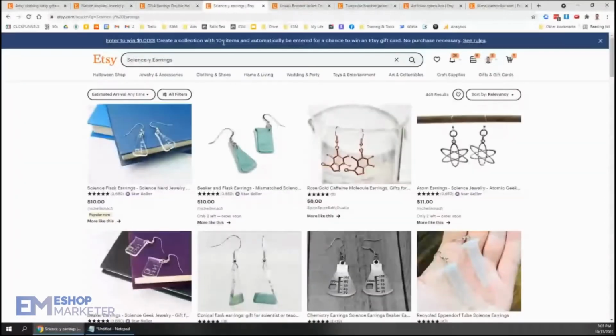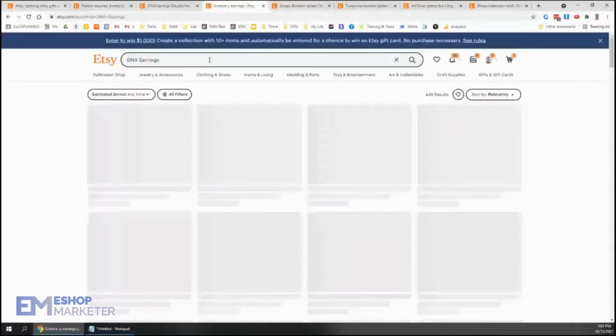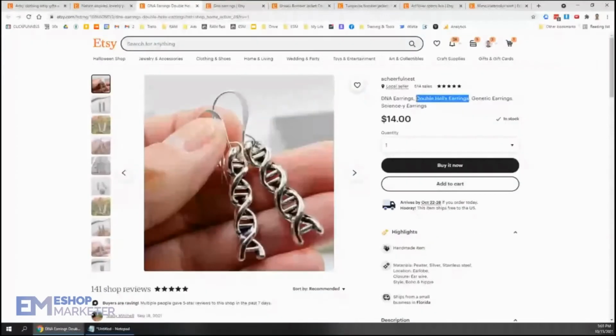Let's try DNA earrings. And let's see what we got here. They all feel like very on point. There we go. 1,044 results for that one. Pretty good there. And let's try double helix. Double helix,